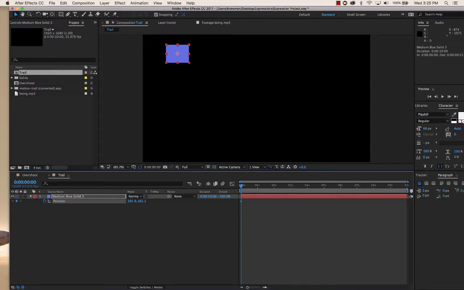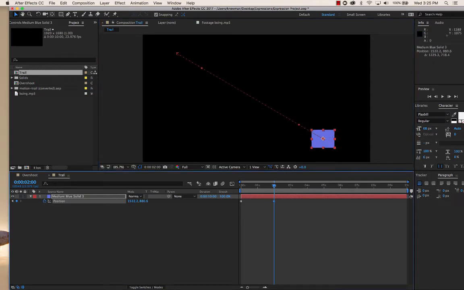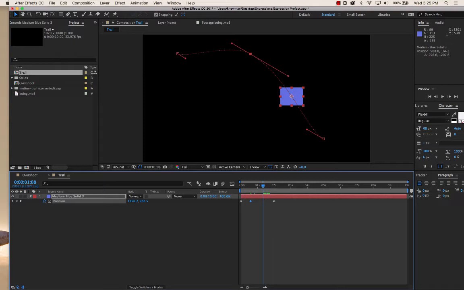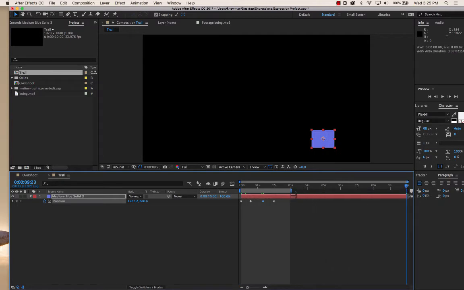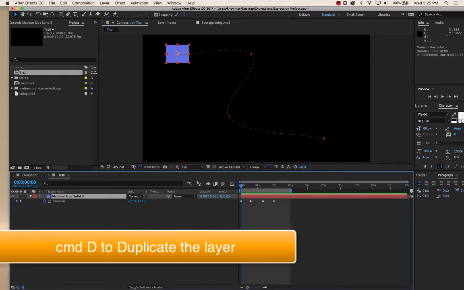Let's see, we'll go to 2 seconds and we'll end up down here. And in fact, let's put a couple of nice little turns into our motion path. So we have a, let's see, we'll have a workspace of 3 seconds, and we have a basic movement. Now, what we do here is to duplicate it. So I'm going Command D to duplicate it,